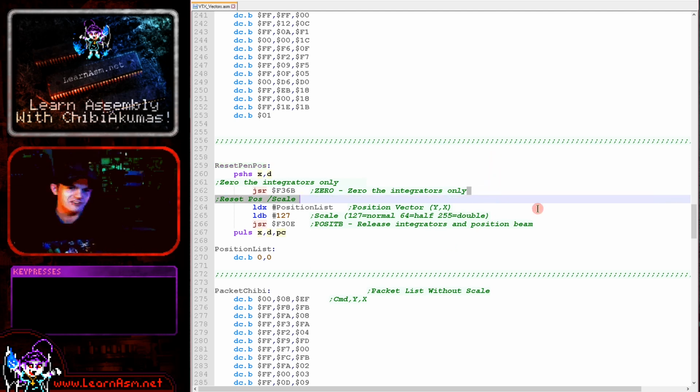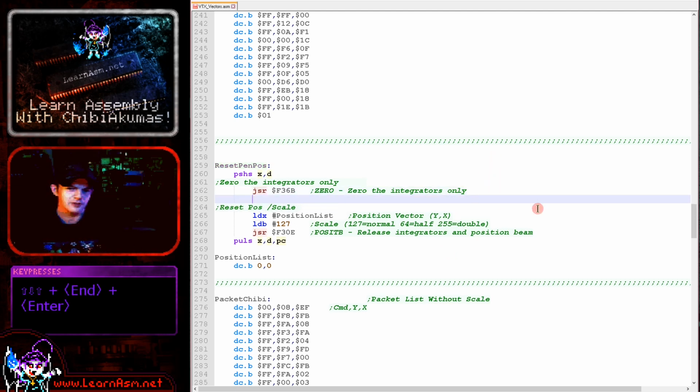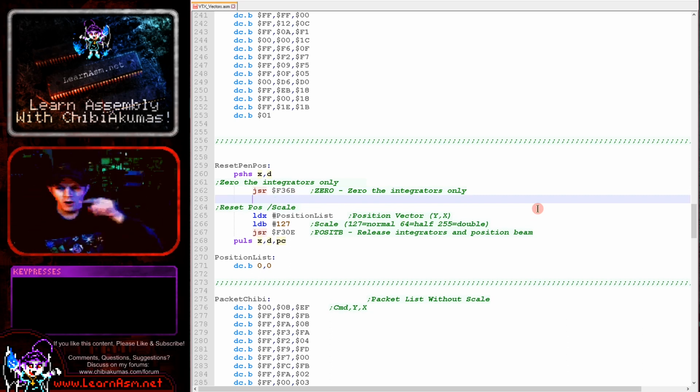Now, the internal hardware of the Vectrex has something known as the integrators, and these move the beam around the CRT. And if we run F3 this will 0 the integrators. Now, logically speaking, that sounded like it should reset everything, but it didn't seem to in my testing. So I then started using another routine as well,